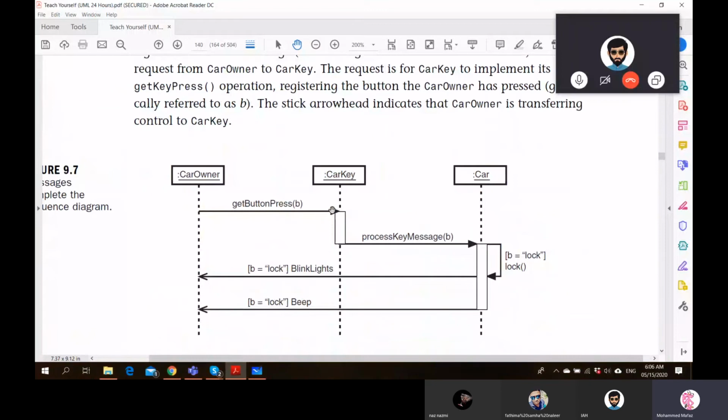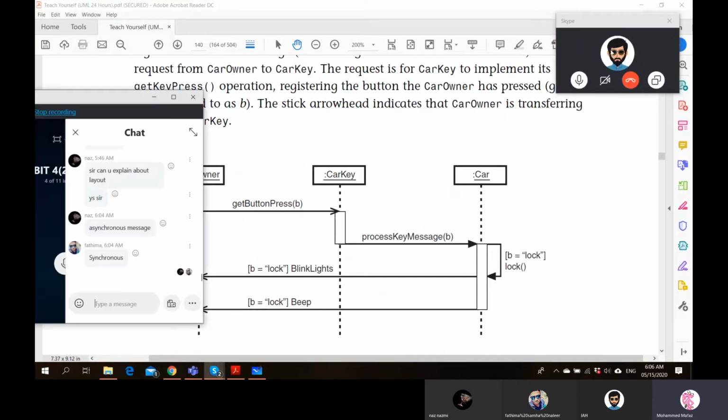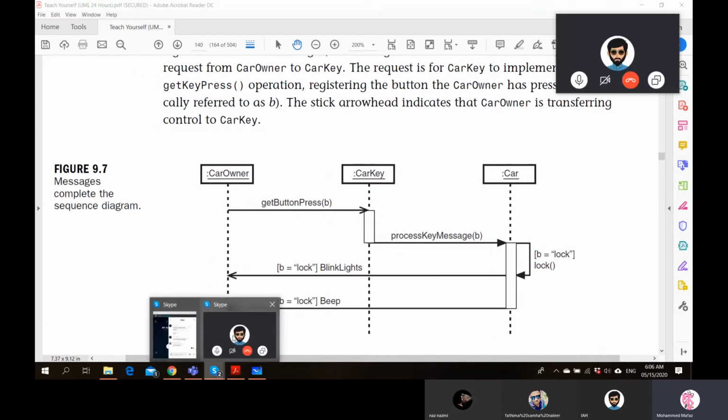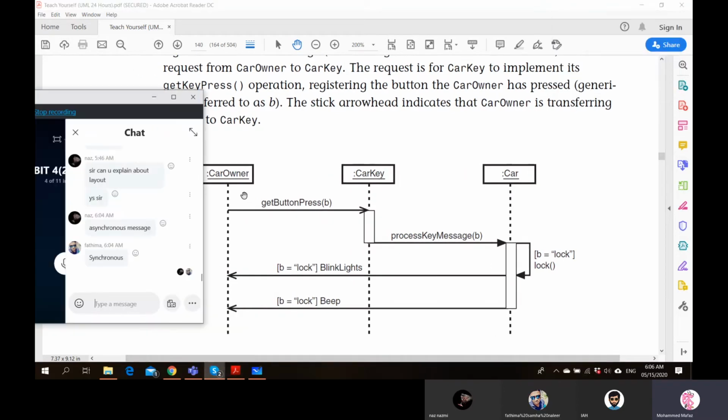So if you put a synchronous message here, that is a dashed arrow, that means car key has to send something back to the car owner. Did you get that point? Logically, it makes sense, right? Car owner is just sending a message to car key and not expecting anything to return. So he's simply calling the get button press message in the car key.